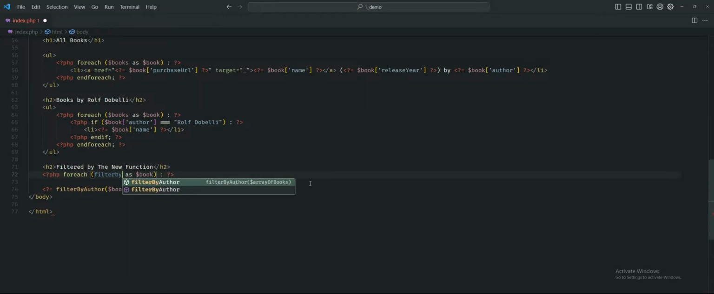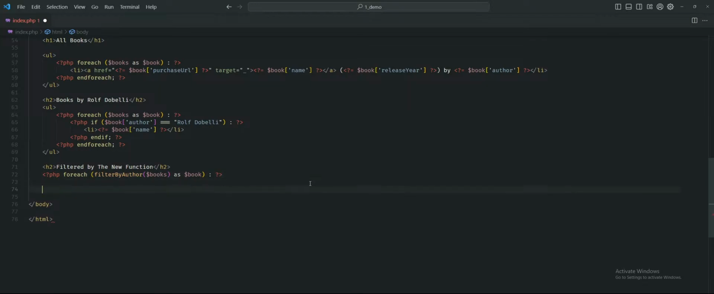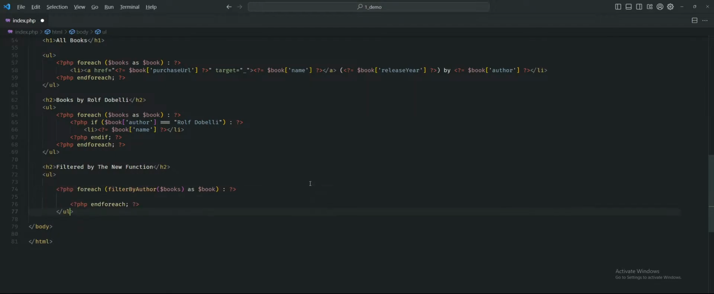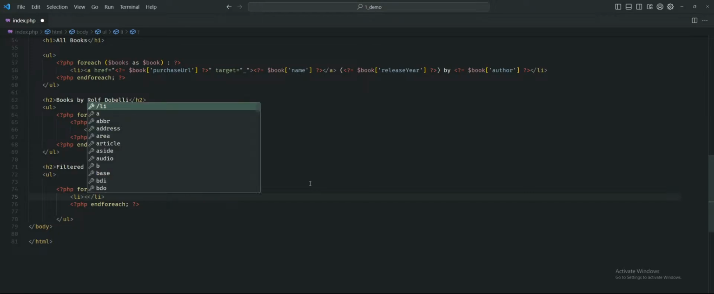filtered by author, books, yeah. For this, and I'm going to end the foreach. So I'll go here, Control C, Control V. Okay, so what do I need here? Firstly I would need an unordered list here. By the way, what I'm doing is I'm pressing Alt and down arrow key to move the entire line down. And here I'll need a list item for each list item. And inside the list item, I would like to echo out